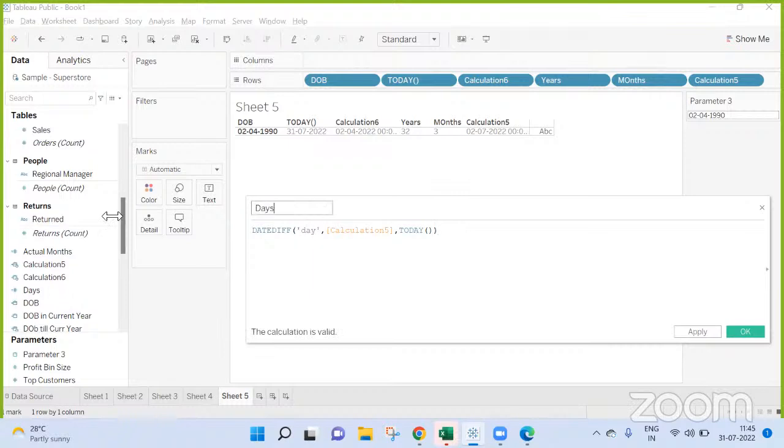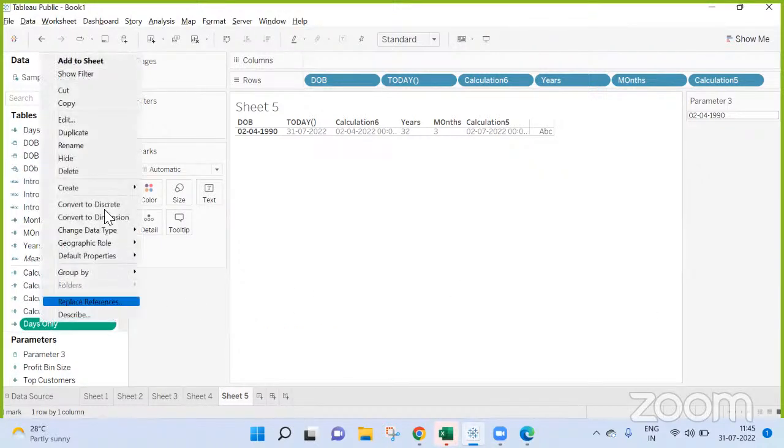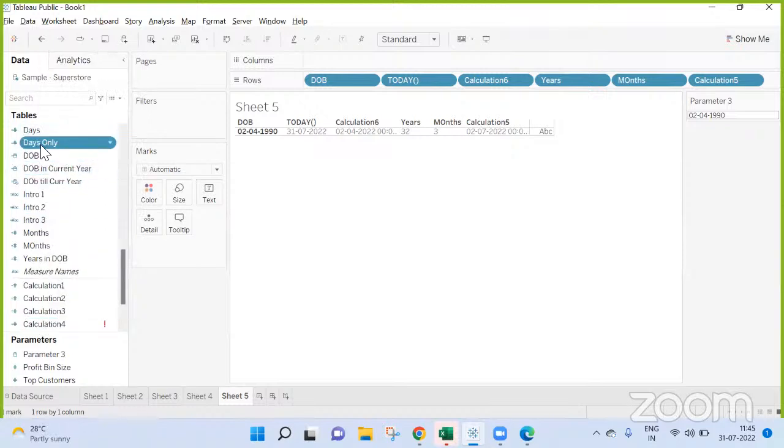Because we already have a calculation with the age, it is going to take 29 days. Okay, so the age of the person is 32 years, 3 months, and 29 days. Is that right? Yes, anyone can. I'm bad at checking those, so that is why I'm asking you people.